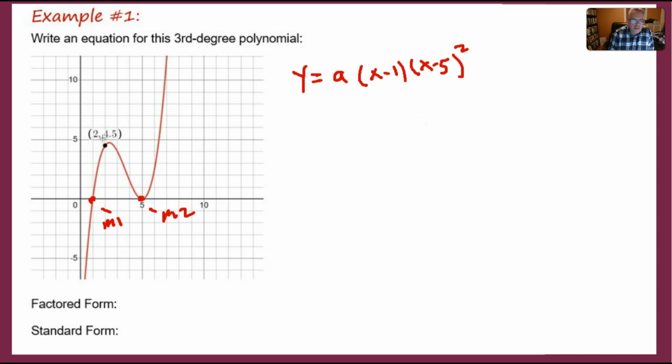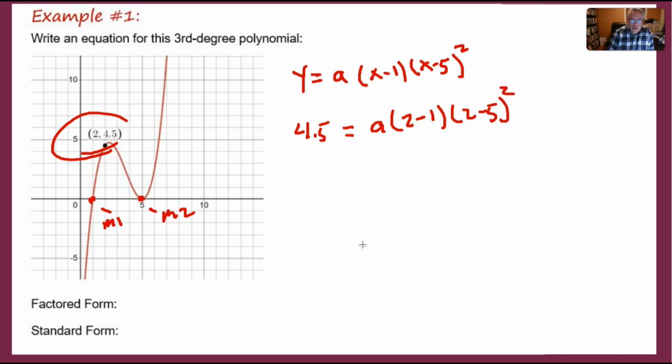And that's what this point is for, using it to find the value of a. So when we put in 2 and 4.5, we get 4.5 equals a times 2 minus 1 times 2 minus 5 squared. This looks like a mess, but